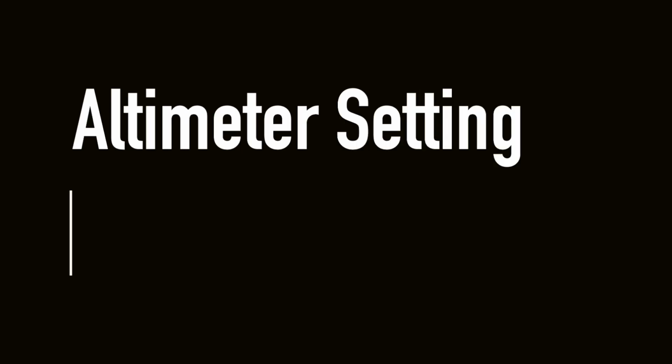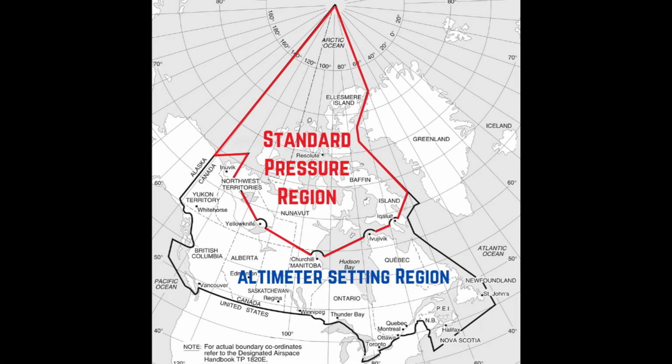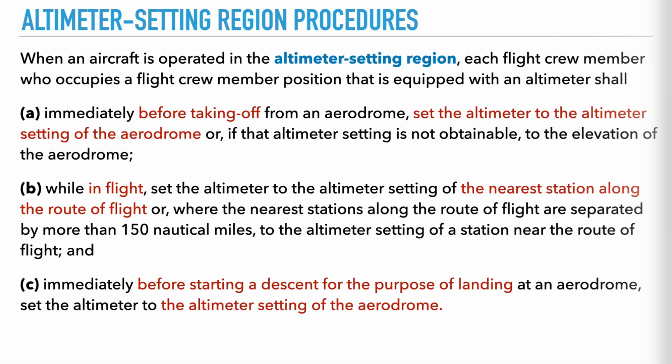Altimeter setting procedures. When an aircraft is operated in the altimeter setting region, each flight crew member who occupies a flight crew member position that is equipped with an altimeter shall, immediately before taking off from an aerodrome, set the altimeter to the altimeter setting of the aerodrome, or if that altimeter setting is not obtainable, to the elevation of the aerodrome. While in flight, set the altimeter to the altimeter setting of the nearest station along the route of